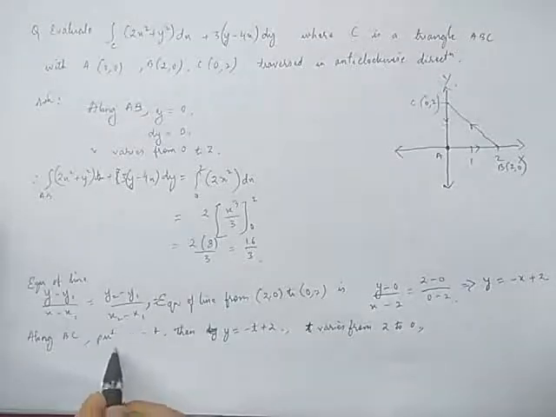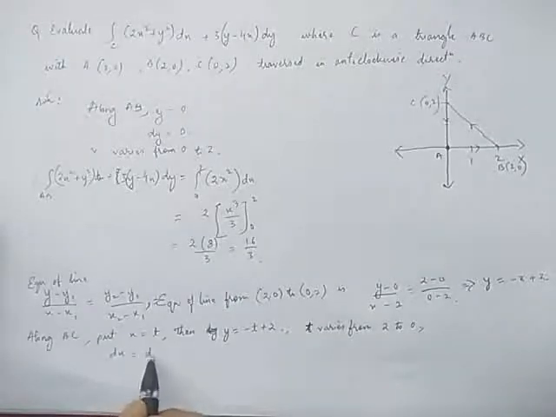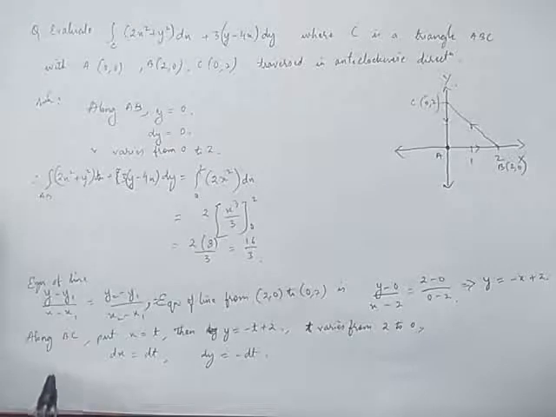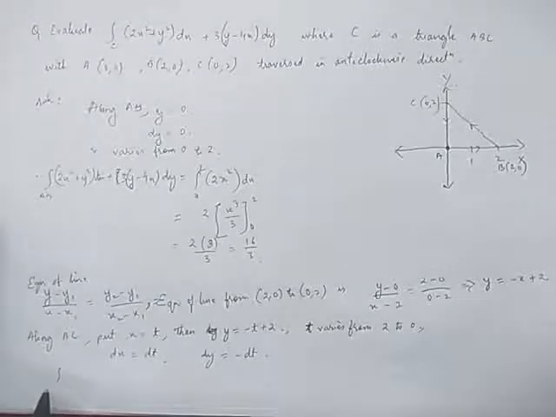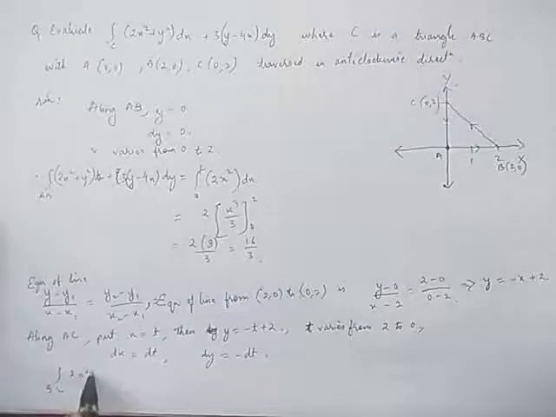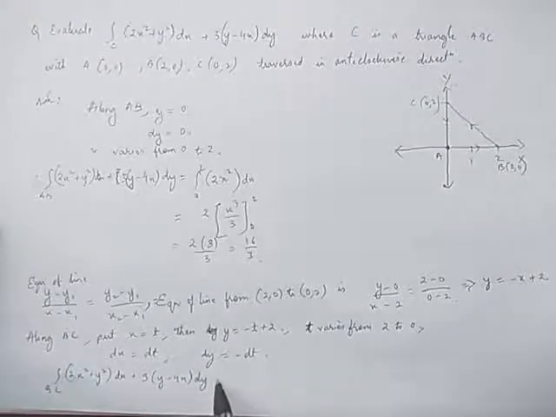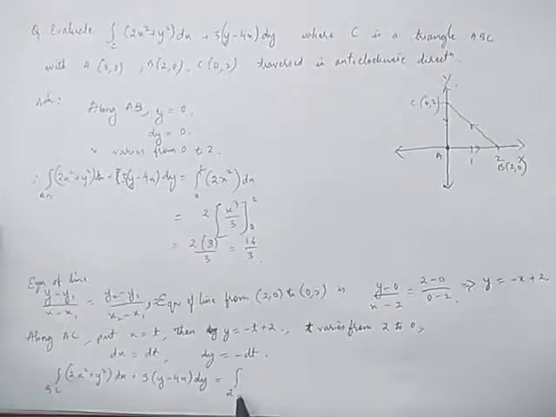And this gives me dx is equal to dt, and dy is equal to minus dt. So the integration over BC of 2x squared plus y squared dx plus 3 into y minus 4x dy will be equal to the integral from 2 to 0,